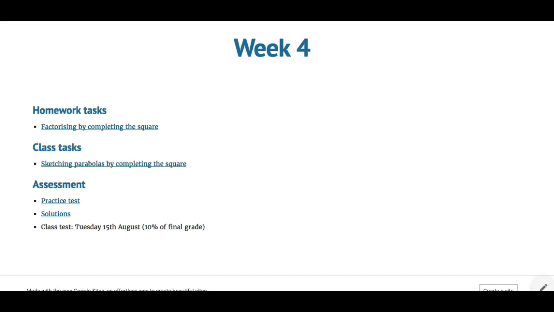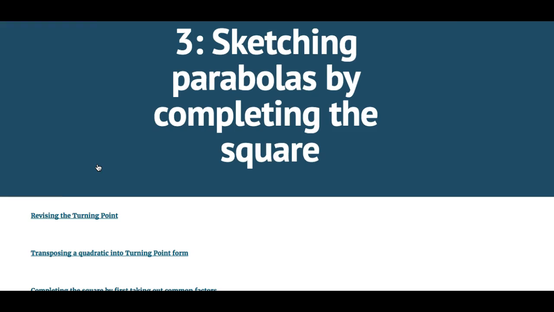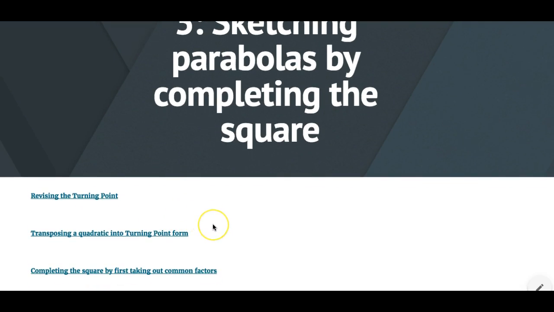Right, so now we're in week 4. You've got your homework tasks, so we're looking basically at 5E in the textbook. But the class tasks are quite similar. The focus of this week is on completing the square. So the reason for completing the square is to get a quadratic into turning point form, and that's why there's a worksheet here called Revising the Turning Point. Although it wasn't too long ago that we did it, so that should be pretty